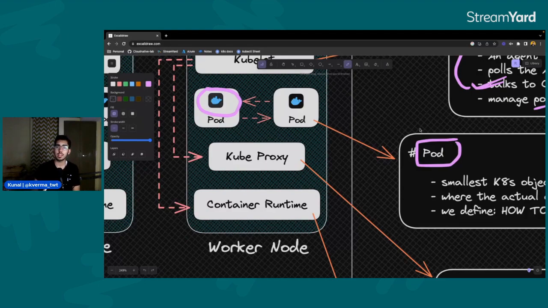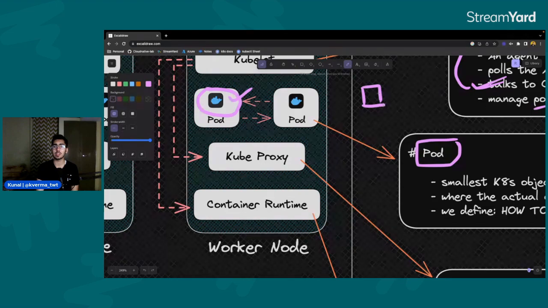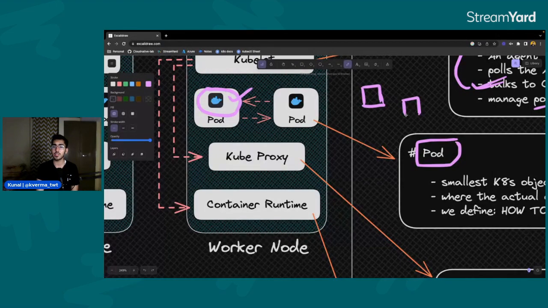Now the main function of the pod is, number one, it encloses your containerized applications, as we are seeing here. Number two, why are we doing this in the first place? Because the pod helps the containerized applications share the same resources and the same network. Generally the practice is that in one particular pod, you have just a single containerized application running. Sometimes in a production use case, you might have two applications running. So what is the use case for that? For example, you have your main containerized application and you have another container which is running your database, and these two are communicating with each other.